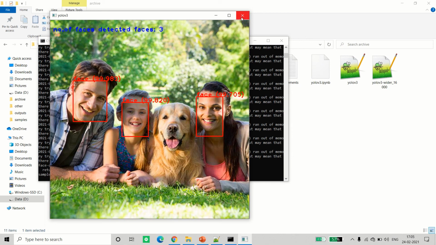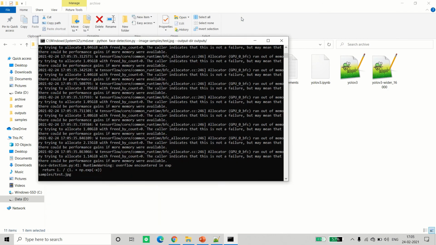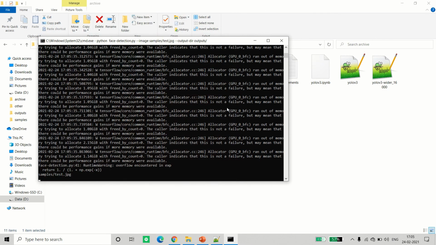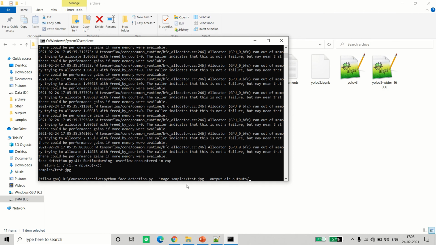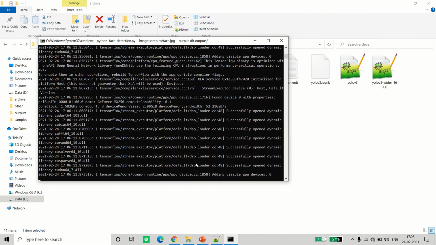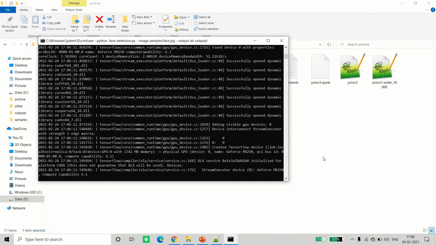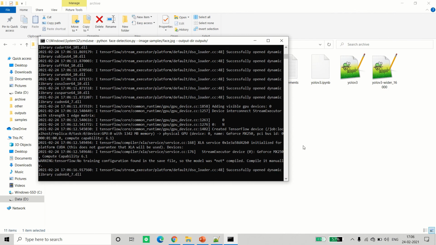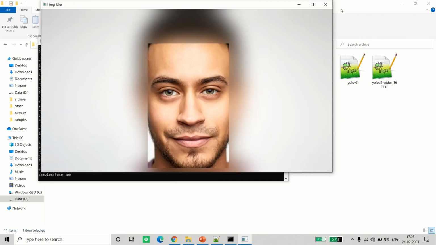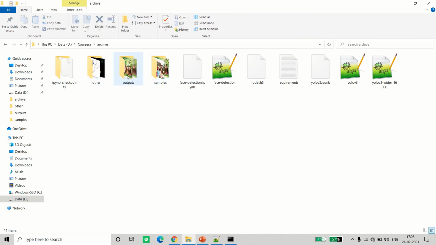These are the faces. Now the image blur algorithm will play, and it works like a filter. So you can do it for any image, just put in the path. Here instead of test you can put anything, there's another image called face, so I'll try with that. If the output directory is not there, it will create one on its own, or else it will skip that step. And all these are saved in the outputs.